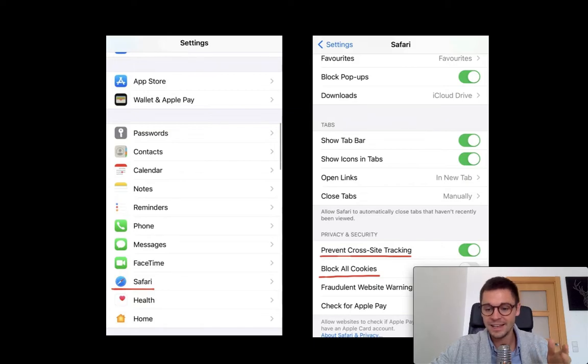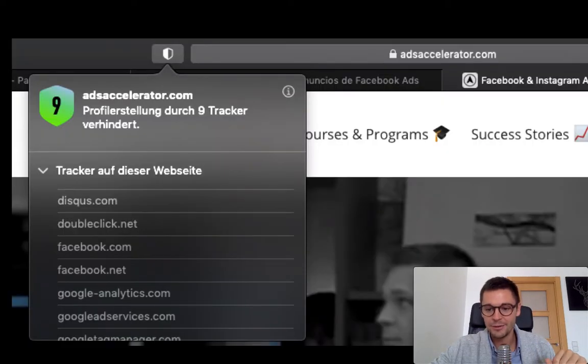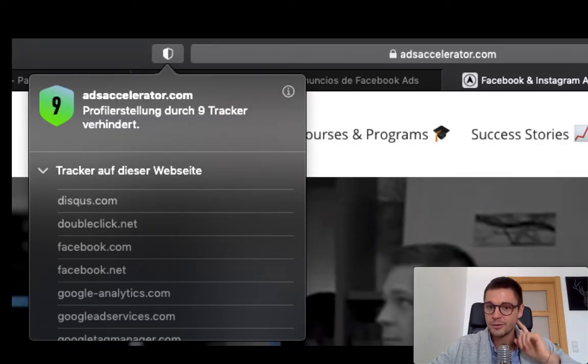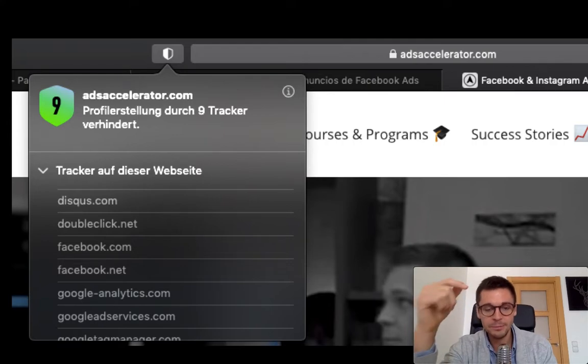First thing. Second thing, now, let's go out of settings and open Safari. Open Safari as a normal app. Go to your browser and go to whatever landing page. I would recommend to go to adsaccelerator.com, for example. This way you are inside my retargeting funnel. Woo! But now, go to adsaccelerator.com, and then at the left top, where it says this sign, on